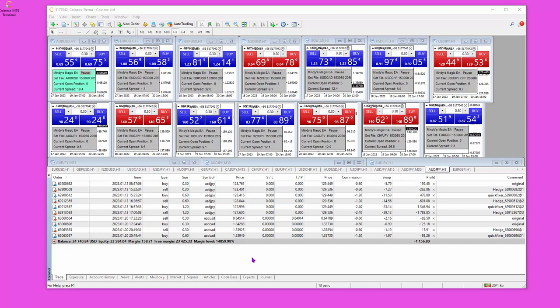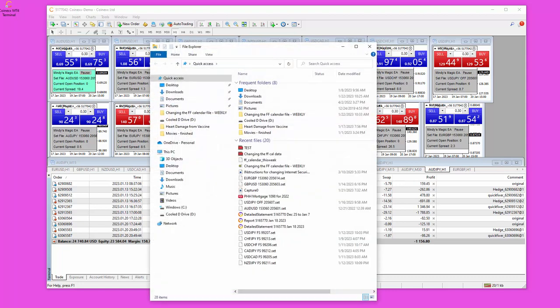Now, remember, if you're running your MetaTrader account on a VPS, you have to change the FFcal file on the VPS server. Okay, if you're running your MetaTrader account on your local computer, then you change the FFcal files on your local computer. Okay, so the first thing you do is you go in and you open a File Explorer